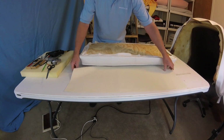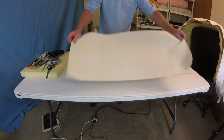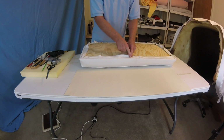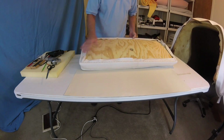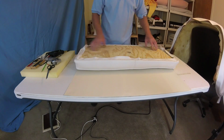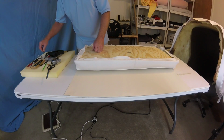I cut out rough cut backing. So we'll have to finish that. And what I simply do there is I try to measure where the staples are to the other side. Because we want to try to cover, I won't be covering all of them, but try to cover that with the backing, and then the hide-em will go over that. So that should cover everything. So now we need to trim